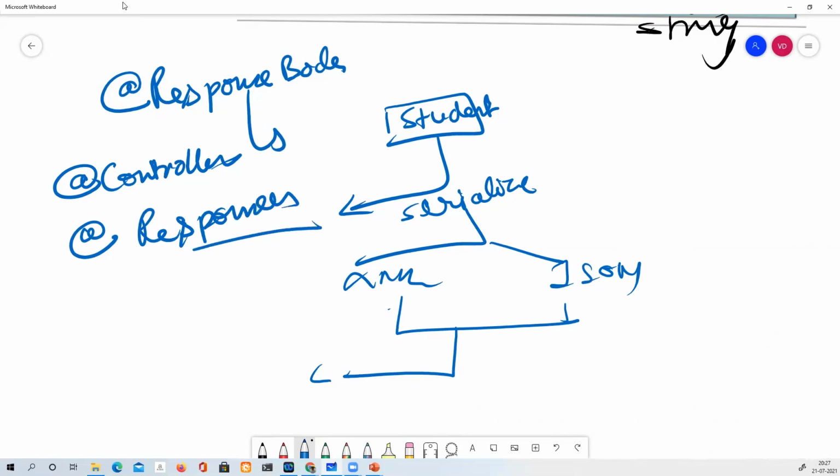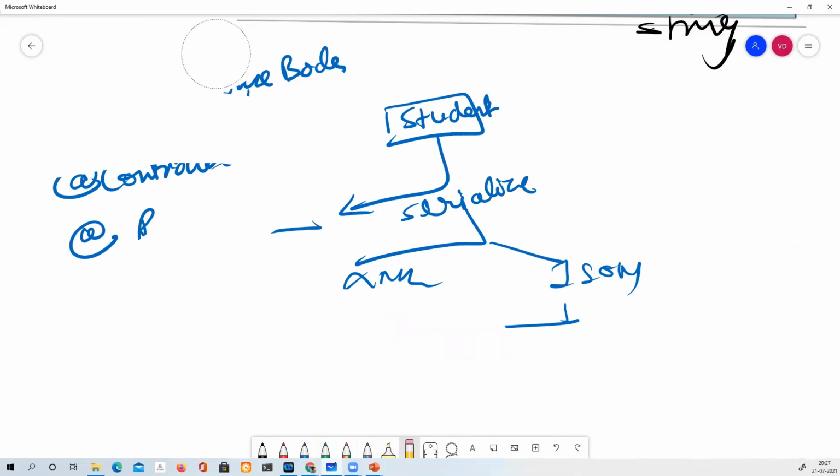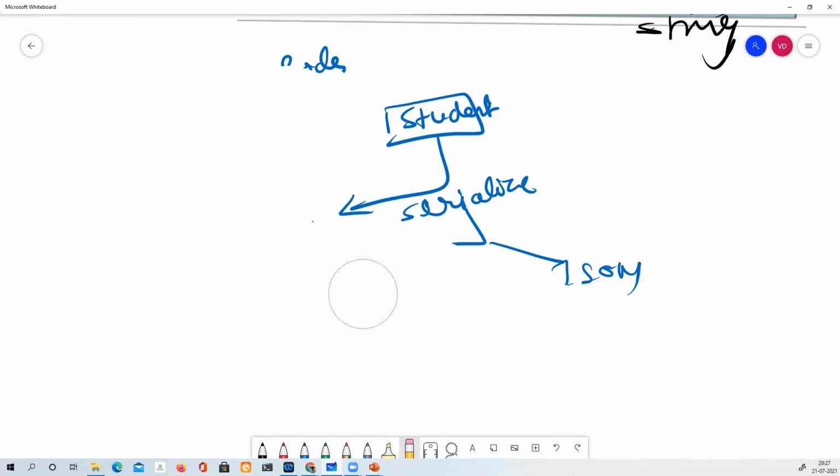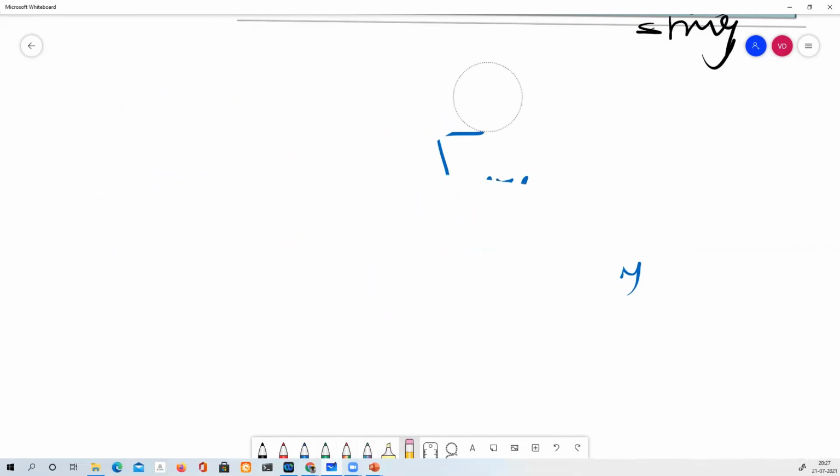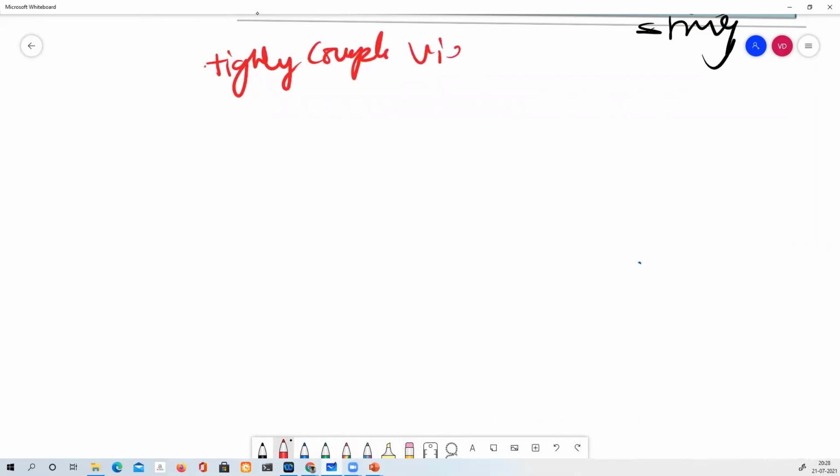Now over time, the era has changed, and the development model has changed. Nobody prefers a view tightly coupled with your Java code.